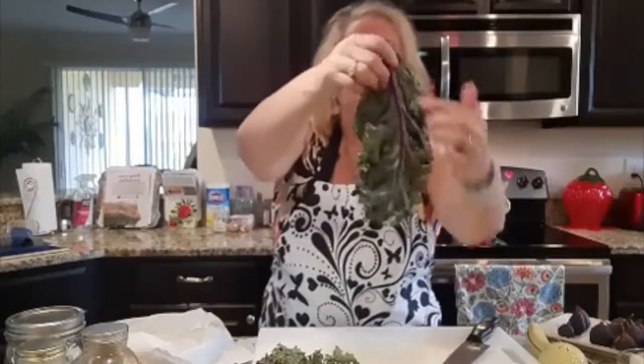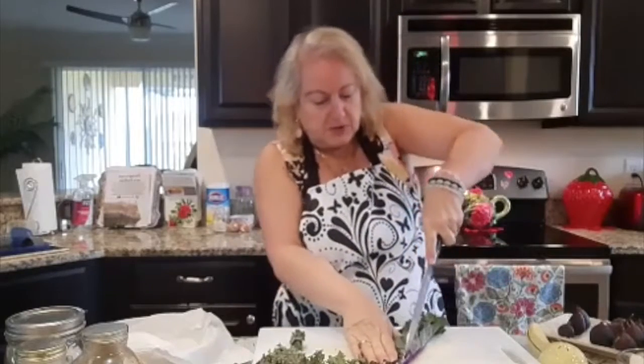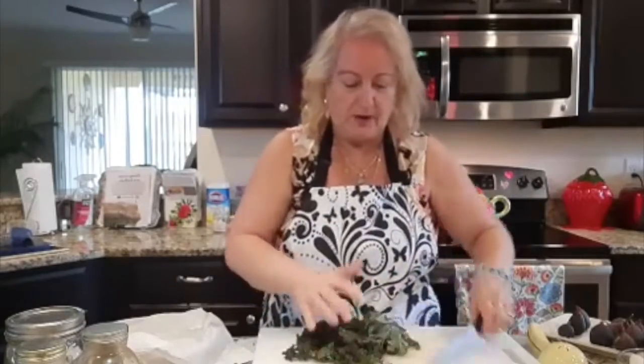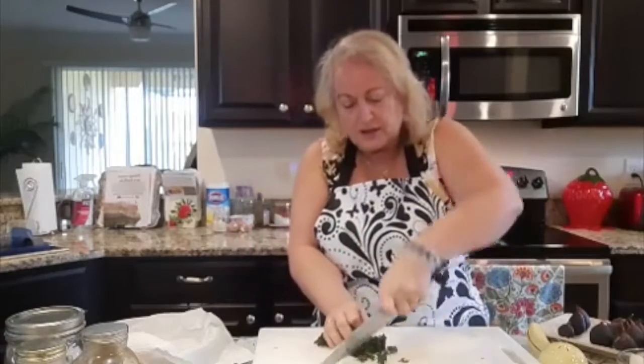So there is this thing right over here, okay? What I like to do is make it like a taco, like so, and I'm just gonna remove this. Just be careful, safety first, and this goes out. That'll go into my compost. I have a bucket. I started my compost in a bucket, and it's a lot better that way. And then what you wanna do is get it in your hands like so, guys, and just cut it